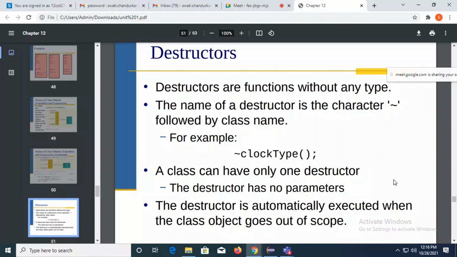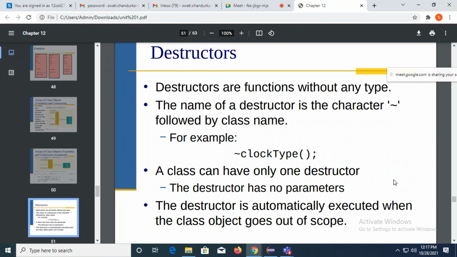So when the call goes inside the function, which function will get called first? Definitely the control will pass on to your constructor. Memory is allocated. And once you're coming out of that member function, immediately the compiler will give a call to the destructor. That means the allocated memory is now getting deallocated by the destructor.